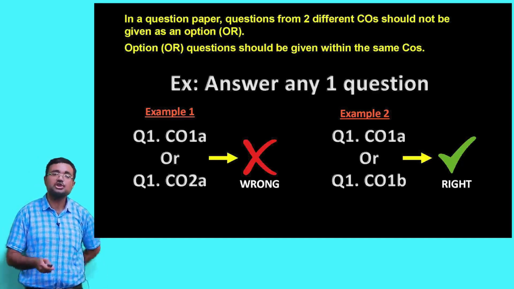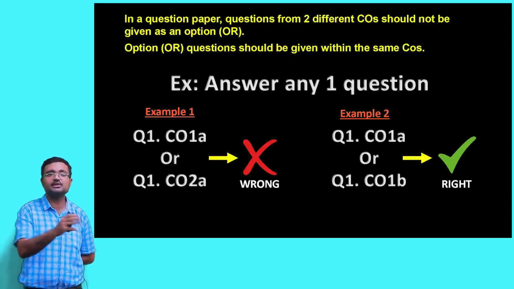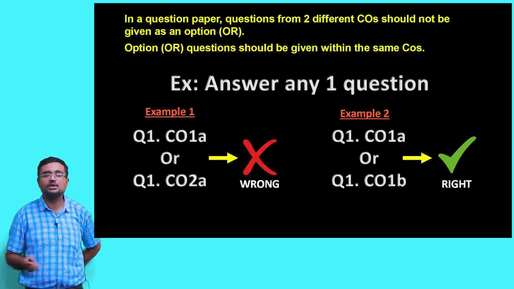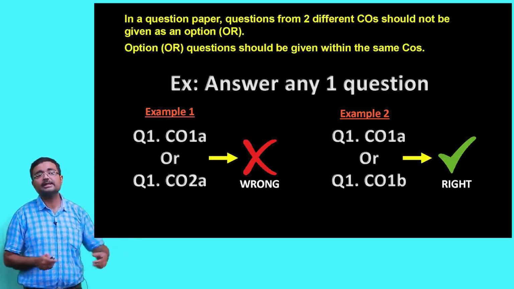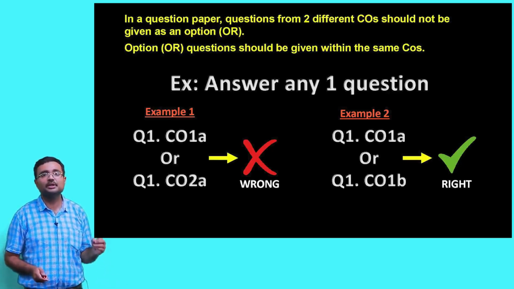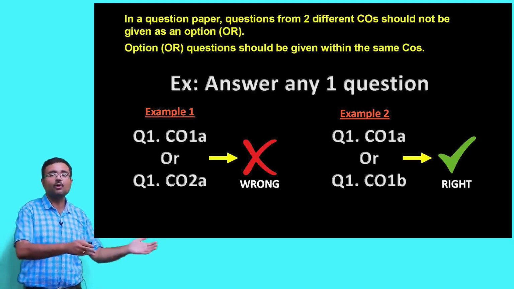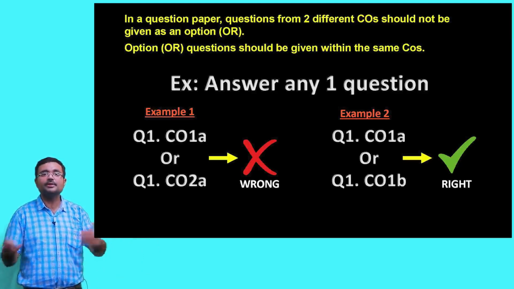When I am setting a question paper, it should be well divided, that in CO1 there should be 10 marks, in CO5 there should be 15 marks. So it is well divided. When a teacher sets a question paper, it has to be very clear that you cannot give an option between CO1 and CO2. No, that is wrong. Say for example, somebody gives an option CO1 or CO6. That is, remember is being given an option with create.